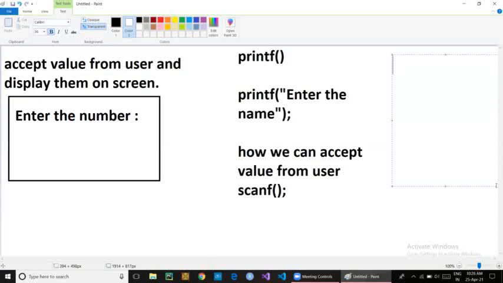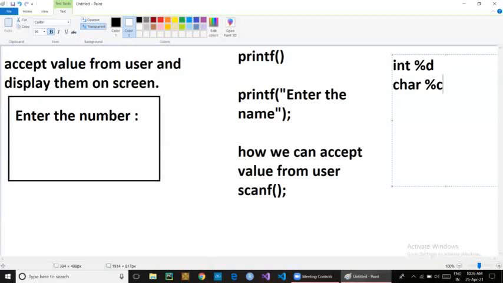If you are storing integer type data, then we should use %d. If you are storing character type data, then you should write %c, if it stores only one character.